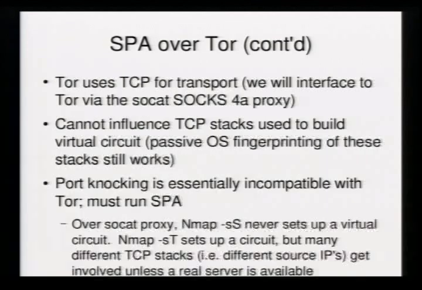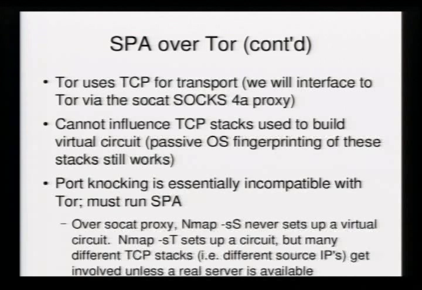Okay, so Tor uses TCP for transport. This has some implications. We cannot fundamentally influence how TCP stacks communicate over the network. Tor is written on top of TCP, and a consequence of that is that we can passively fingerprint operating system stacks that are actually running Tor, and we'll have a slide on this a little bit later. Another consequence is that if you use Nmap